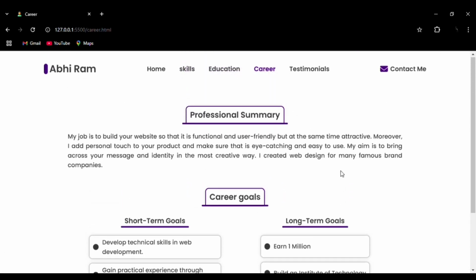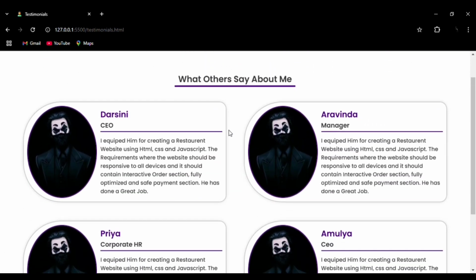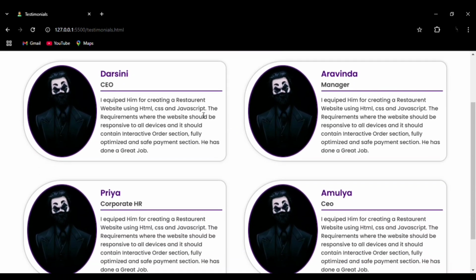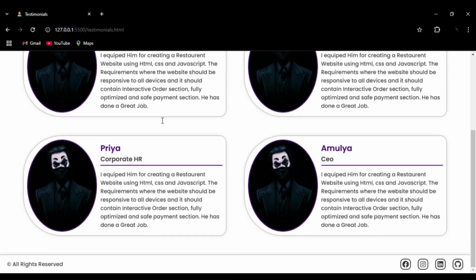Then we can go to the testimonial section, and in the testimonial section you can see we have integrated an image inside a text and giving a very professional look. In the testimonial section, other people have given information about you, how you work, and you can see the very professionally done box shadow effect here that is added